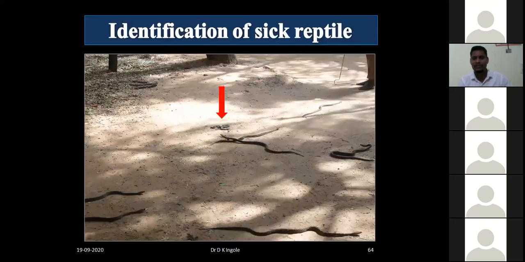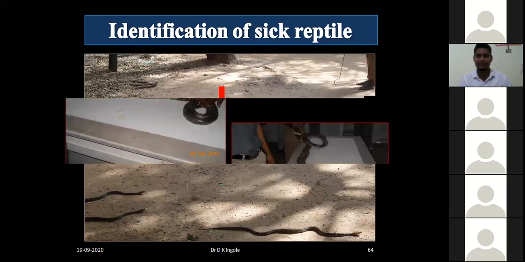Then, when you go on holidays, they used to allow animals to come out. Once they come out, they immediately urinate and defecate, and that is a sign of relaxation. So we can also identify the sick reptiles, because they will not move. That is one of the best methods to tell sick and healthy reptiles apart. We have to leave them out.